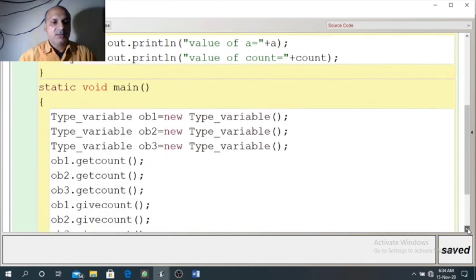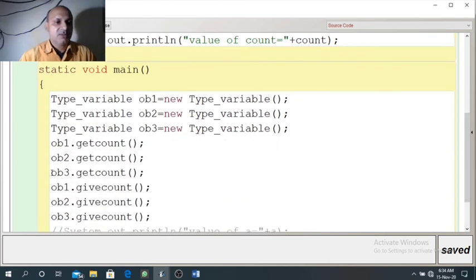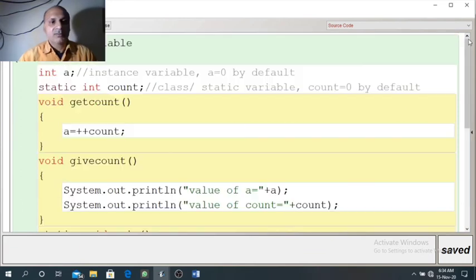Now when the third time we are calling get count through object 3, the previous value of count was 2, which was shared among all the objects. So after one more update, count will become 3 and all the objects ob1, ob2 and ob3 will share the same value 3. But the value of a will become 3 for the third object ob3.